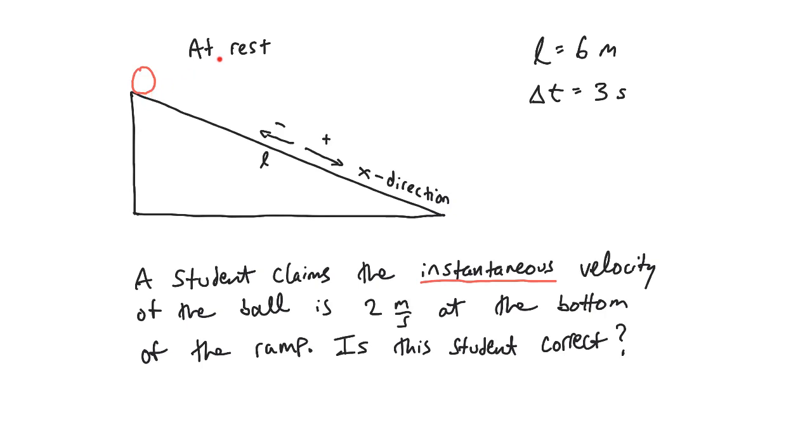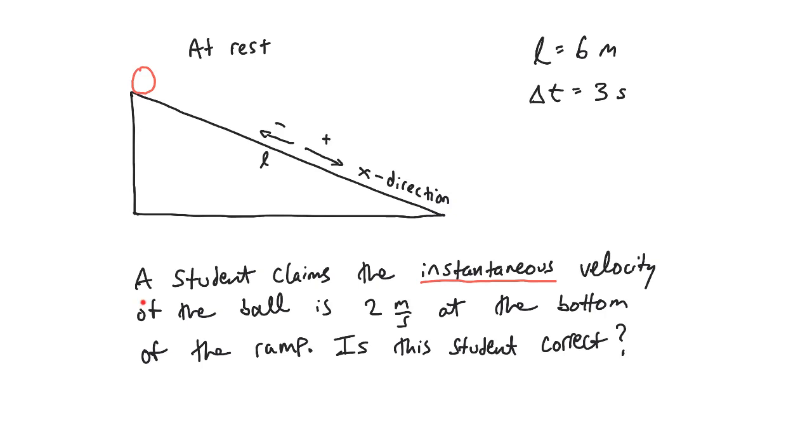We have a ball up here starting at rest, and it's going to roll down this inclined plane. Notice I'm choosing down to be the positive x direction and up the ramp to be the negative x direction, and this ball will only move along in a straight line as it goes down the ramp here. So we're free to choose the x direction to be parallel to that, and I've also indicated that the length of the ramp, lowercase l here, is 6 meters, and the amount of time that it takes for this ball to go from the top when it's at rest all the way down to the bottom is 3 seconds. We'll ignore friction and we'll ignore any air resistance as well here.